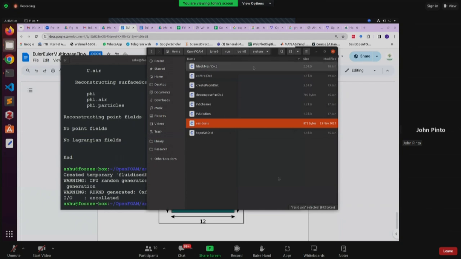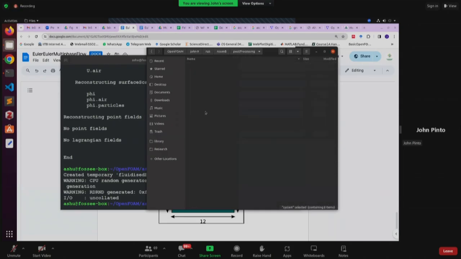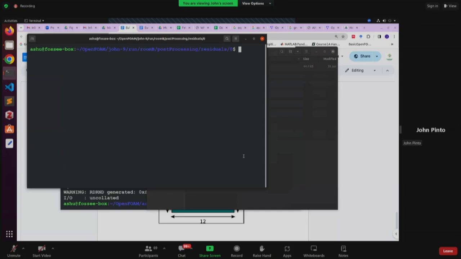Say if I want to run foam monitor over here, what I'll do is I'll just open. See, a good way to do it will be you go to your post processing, open that folder, and open that folder in the terminal. So you don't have to type the whole path, and just type foam monitor,